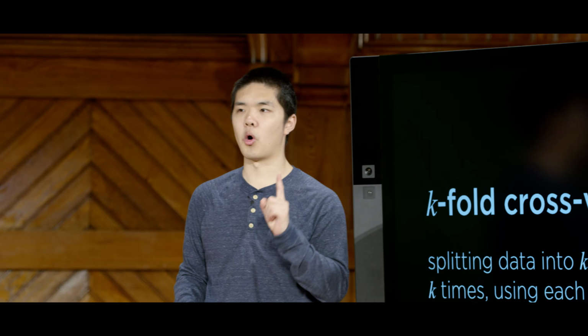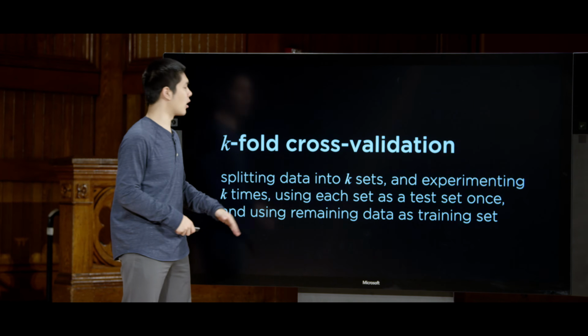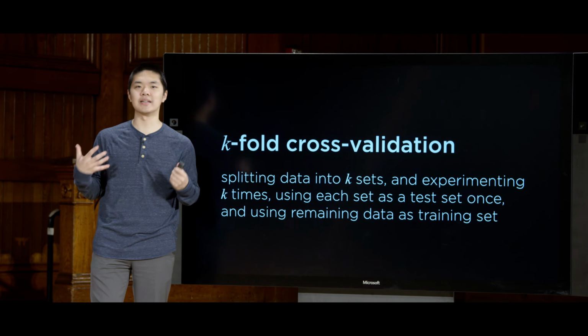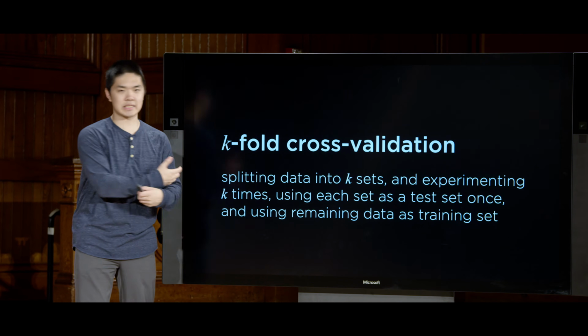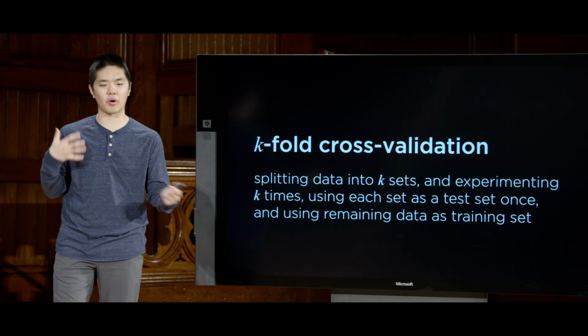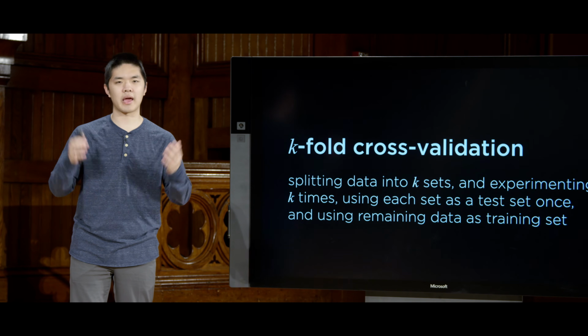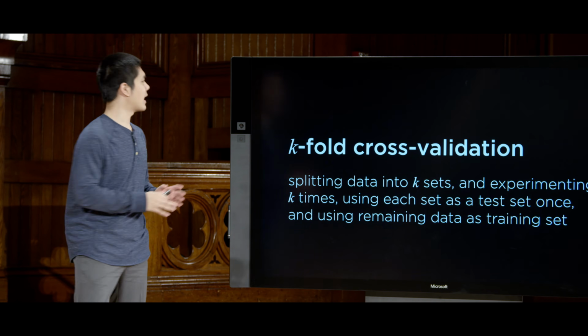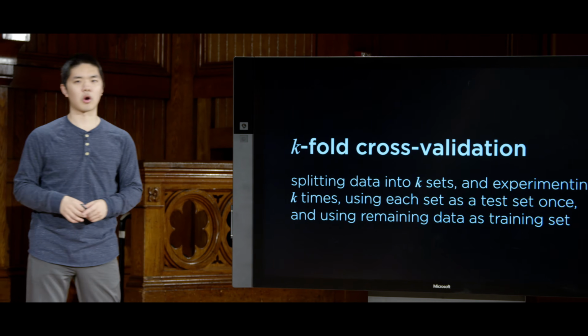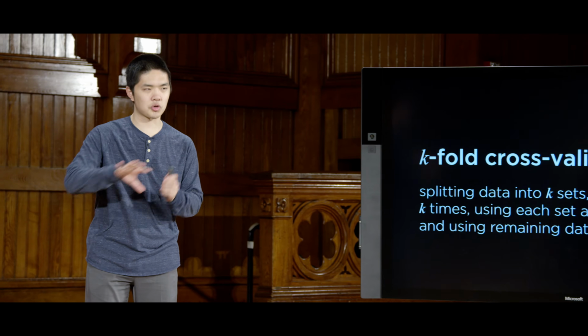that I held out, where each time I train the model on everything minus the one set that I'm holding out, and then test to see how well our model performs on the test set that I did hold out. And what you end up getting is 10 different results, 10 different answers for how accurately our model worked. And oftentimes, you could just take the average of those 10 to get an approximation for how well we think our model performs overall. But the key idea is separating the training data from the testing data, because you want